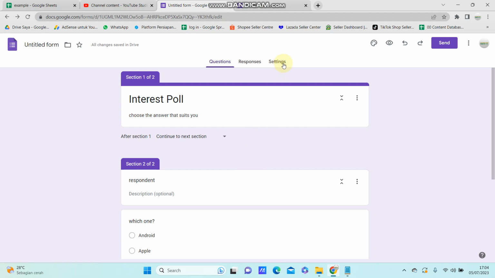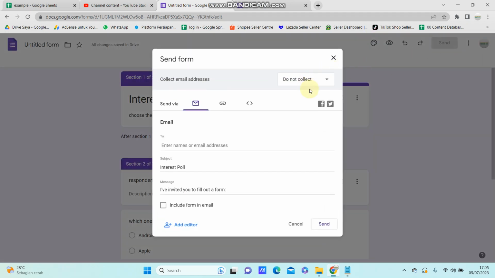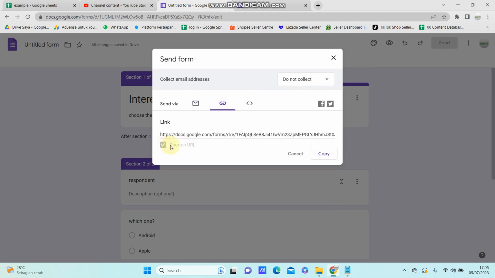And right, you can go to send and share the link